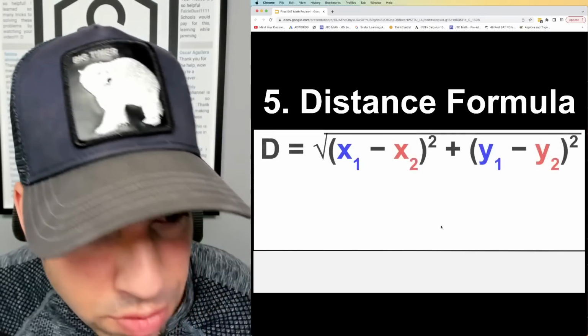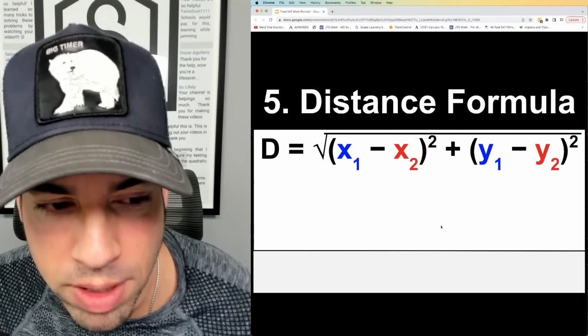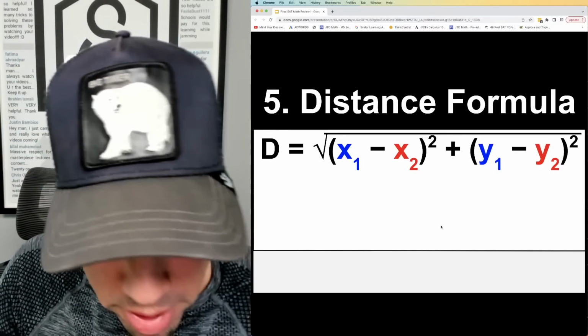All right, distance formula. This one is going to be helpful, I'd say, if you're trying to find the length of a radius in a circle that's unknown. They give you the center and